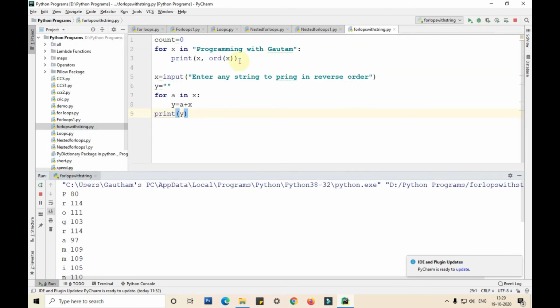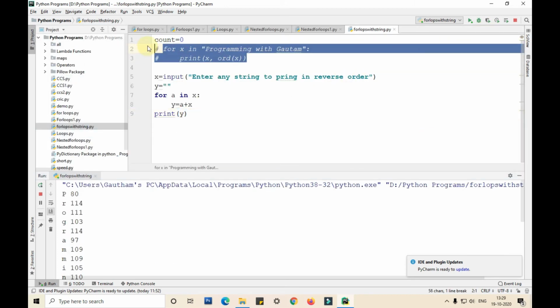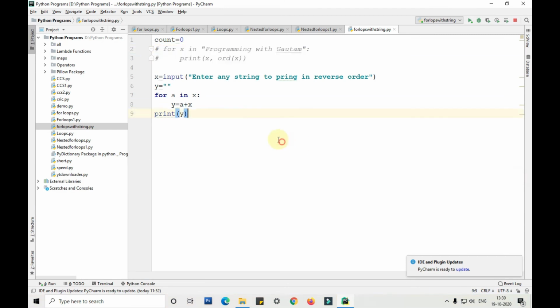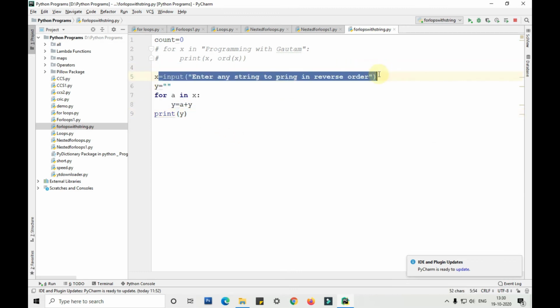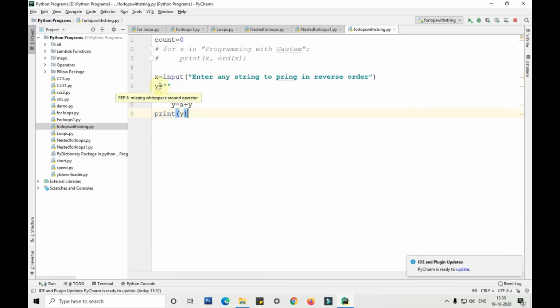Let me comment this particular line, guys, so that it'll be easy. So here, guys, what we are doing is taking input from the user and assigning that input to x, and we are taking the empty string, that is y.